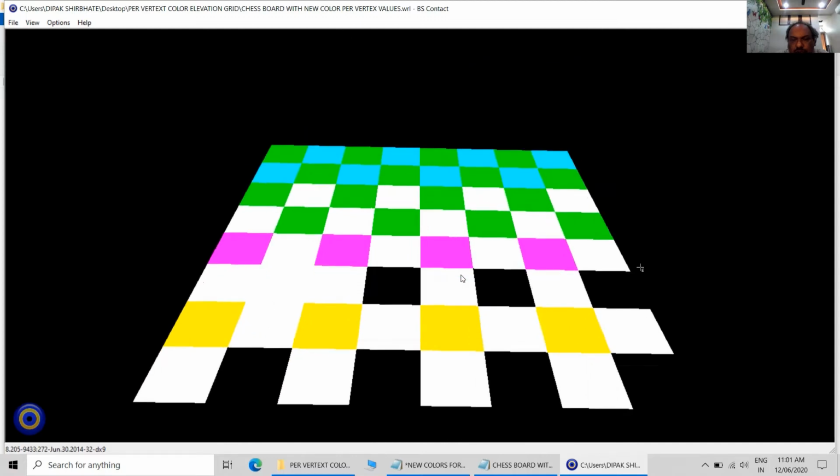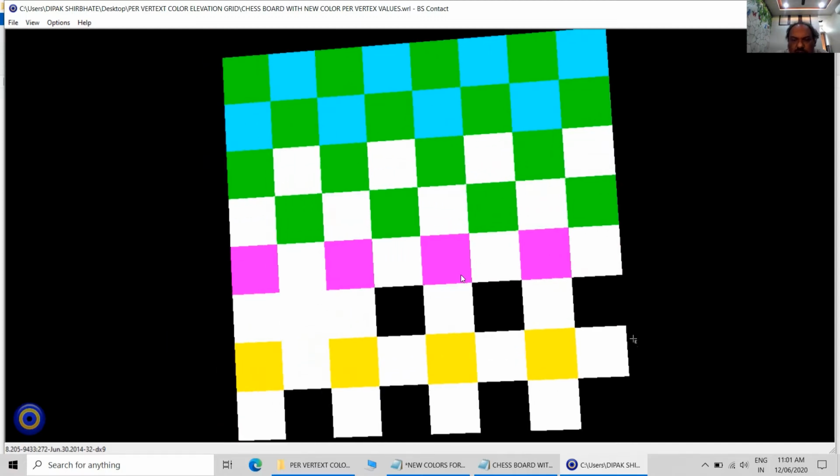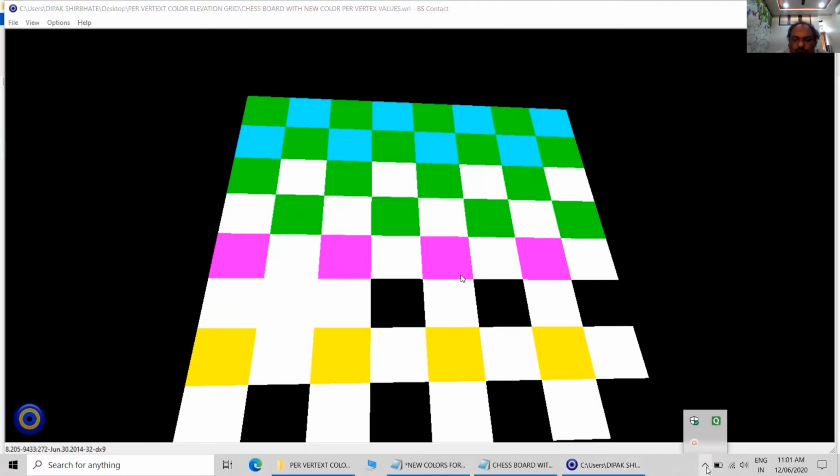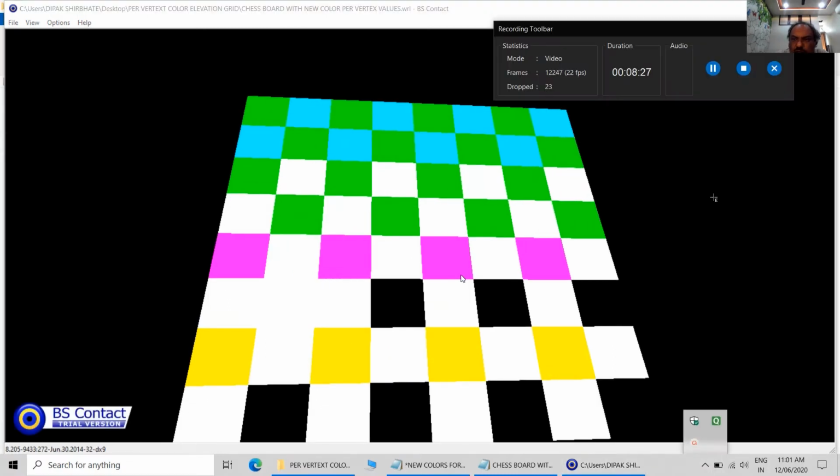So we have replaced with green and cyan and pink and yellow. Okay, so this is the elevation grid color per vertex exercise.